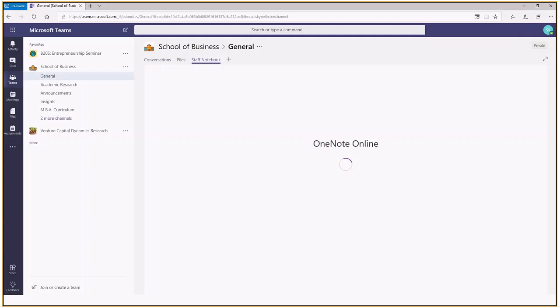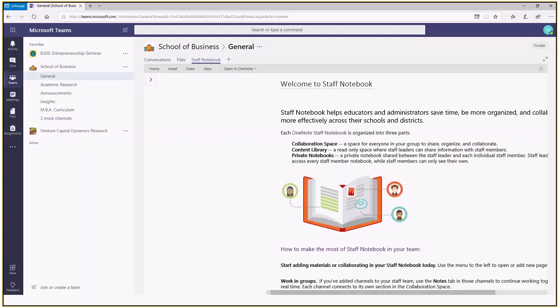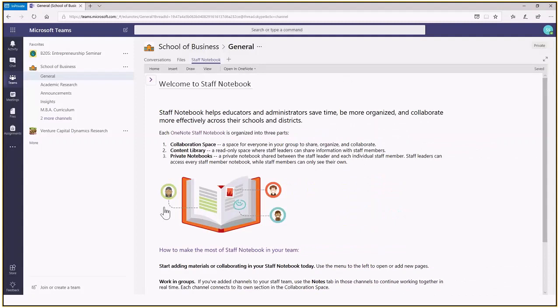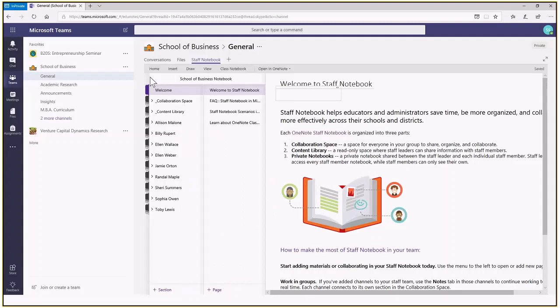And so here, if I open up my staff notebook, I can see that I've got a collaboration space, content library, and private notebooks. So I click on the caret here. Just like the class team, the staff team automatically creates a page for each team member. So let's say I have a faculty member that joins midway through the semester. I can add them to the team, and they'll automatically get their own page at the bottom in this staff